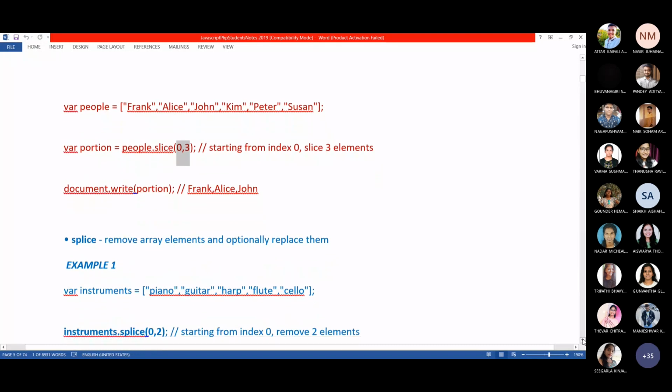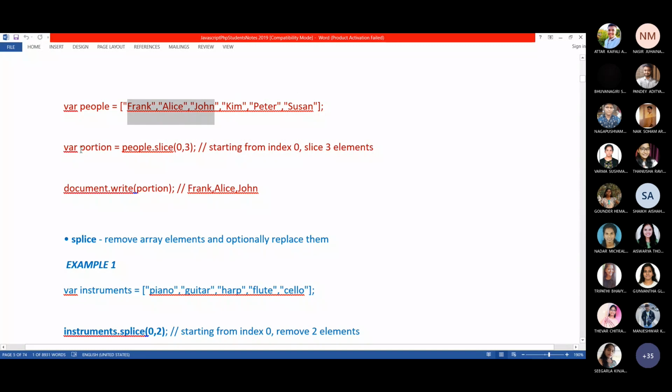Now if you want to display it, you simply apply the method, and the result of the method will be stored in another variable, which is portion. After executing this line, what is the status of the portion variable? Portion will have the first 3 elements.